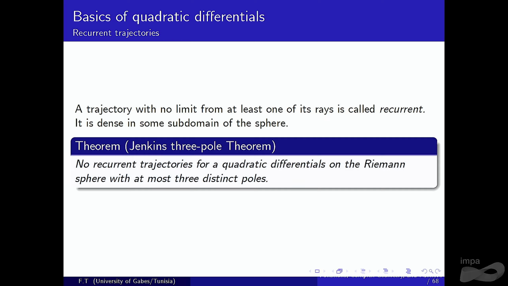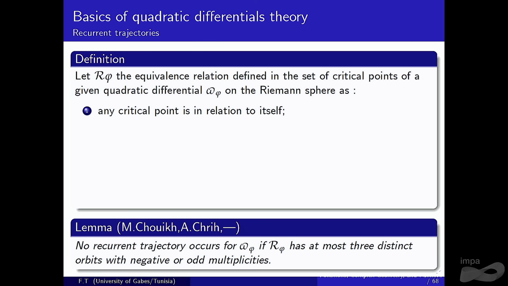And this is the most known theorem which avoids the existence of such trajectory, the so-called Jenkins three-pole theorem, which asserts that no recurrent trajectory occurs for a quadratic differential on the Riemann sphere with at most 3 distinct poles. But it seems that we can refine this proof a little, we can get a